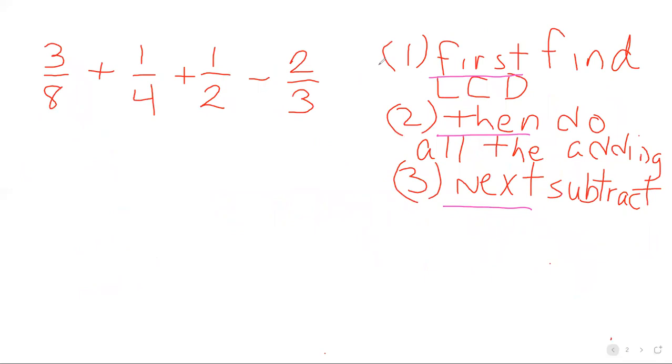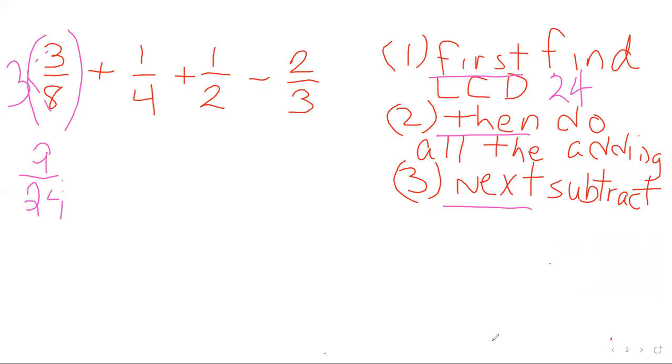So, in order to make all my denominators the same, I have to multiply them. Remember, our lowest common denominator was 24. So 8 times 3. Now, it's kind of like washing your hands. What you do to your left hand, you got to wash your right hand. Same thing with a fraction. If you're going to change it, you got to change the numerator and the denominator. So 3 times 3, 3 times 8, that's going to give me 9 over 24. Next one,